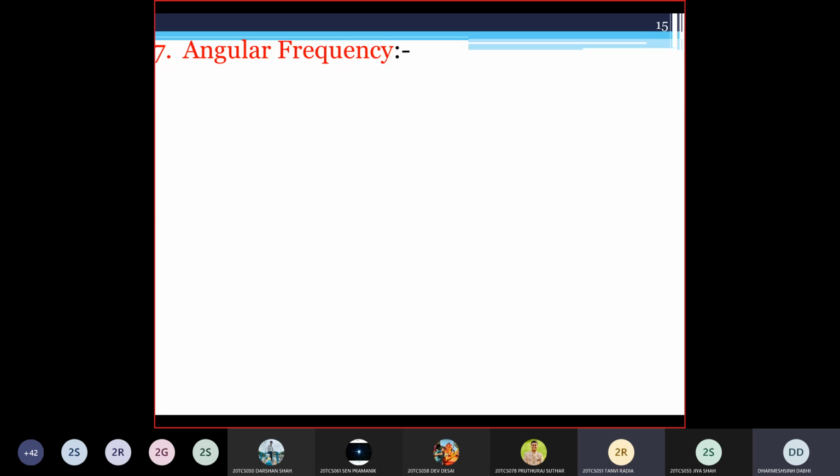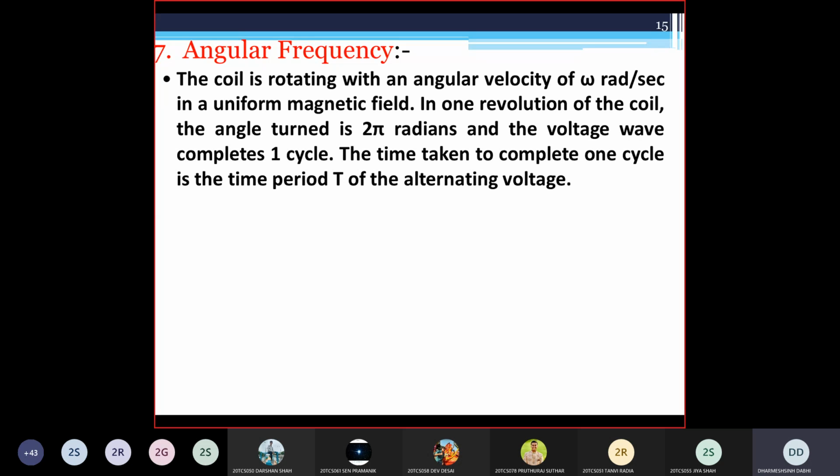So the vector which is imagined to rotate is called its angular frequency, which is denoted by omega. It is nothing but an angular velocity of the coil. Clear? So the coil, suppose it is rotating with an angular velocity omega radian per second in